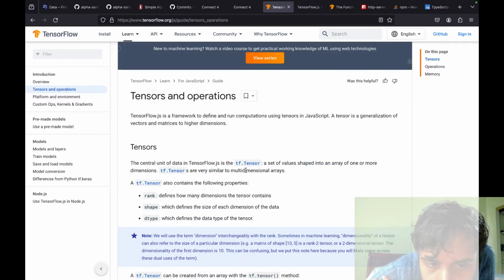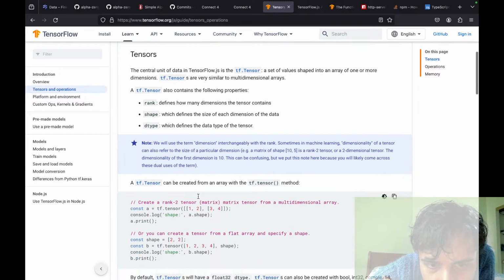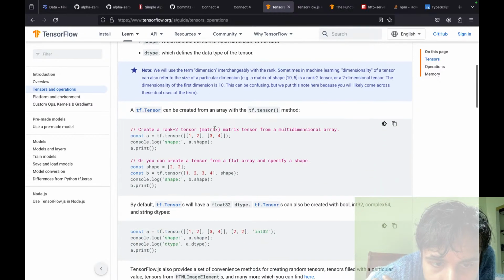Multi-dimensional arrays, yes, okay. Exactly, multi-dimensional arrays. Rank defines how many dimensions. Shape defines the size of each dimension. So it's like a generalization of a matrix. Dtype refers to data type. By default, that sounds reasonable, 32-bit float.